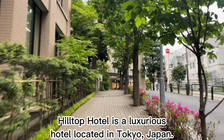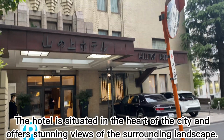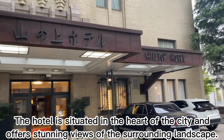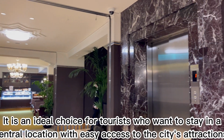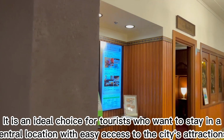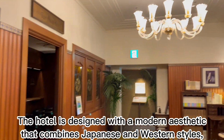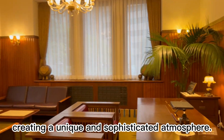Hilltop Hotel is a luxurious hotel located in Tokyo, Japan. The hotel is situated in the heart of the city and offers stunning views of the surrounding landscape. It is an ideal choice for tourists who want to stay in a central location with easy access to the city's attractions. The hotel is designed with a modern aesthetic that combines Japanese and Western styles, creating a unique and